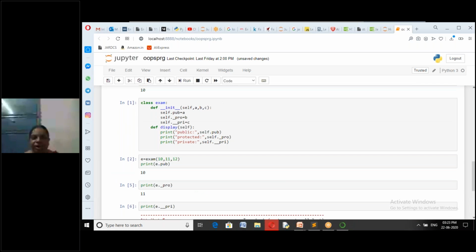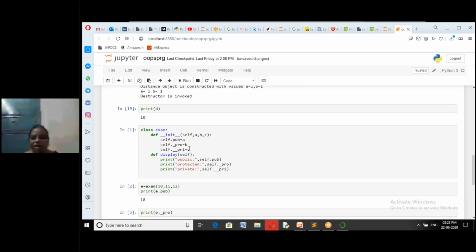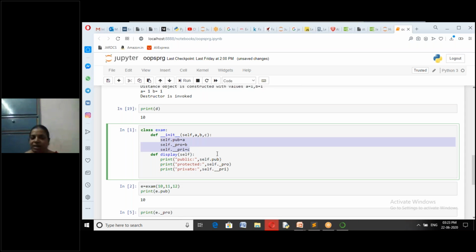Okay, like this you can create your variables based on the required scope. If you want to create a variable as a private, you can place the 2 underscores. If you want to create as a protected, you can give the 1 underscore. If you want to create any variable as a public variable, you need not give any symbol. So based on the requirement of the program, we can create the variables based on our required access specifier. Okay, so now I'll move to the topic.